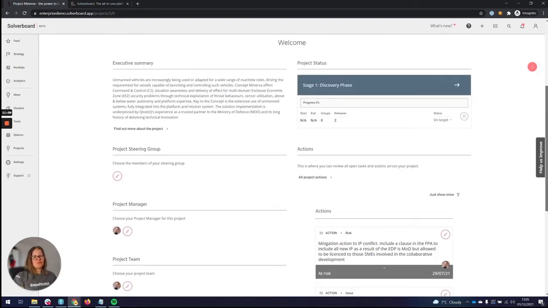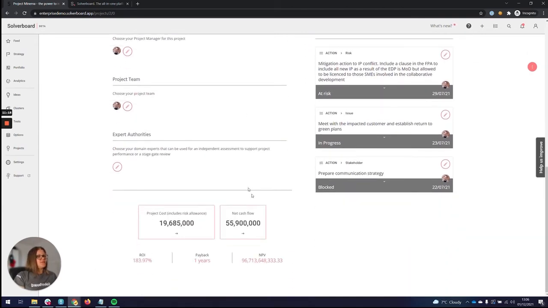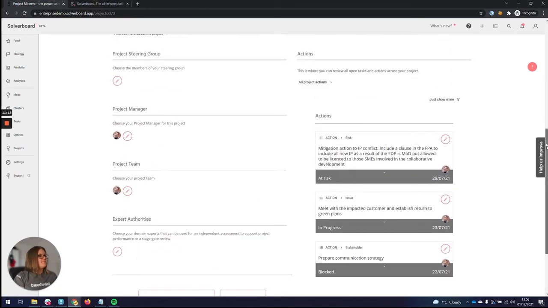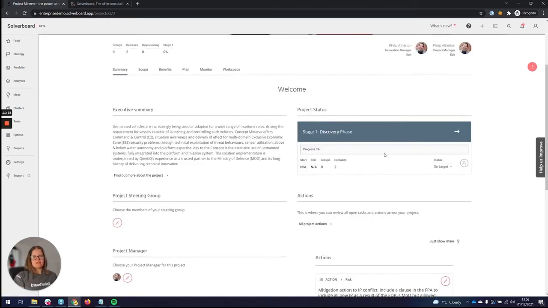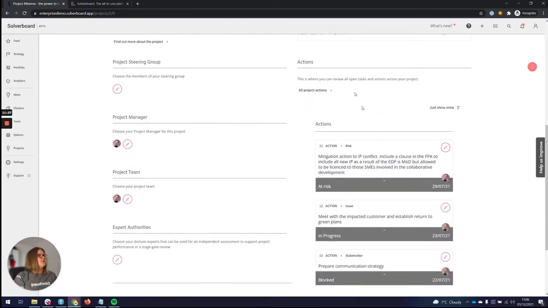So this is our project summary page. We've got a little bit about what it is. We've got all of our team members broken down into their categories here. The summary of the financials, so about what we know so far. And then up here we've got the project status, so what stage is it currently in. We can change that if we're in a position to do so. And any actions that we've got as well,